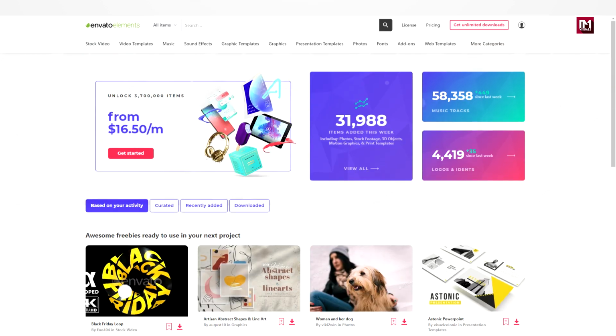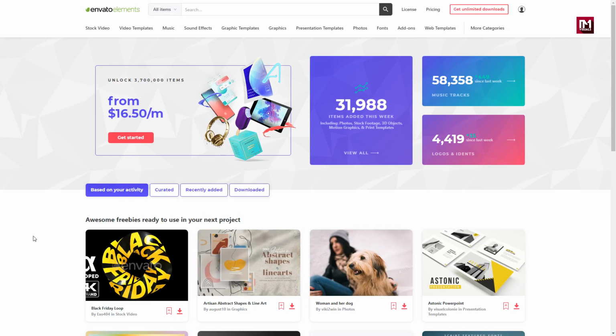In this video, we are going to have a look at Envato Elements. Envato Elements is a place where you can get all the assets you need, basically for any project you are working on or creating. Here you can see, it has more than 3.7 million items available for you,